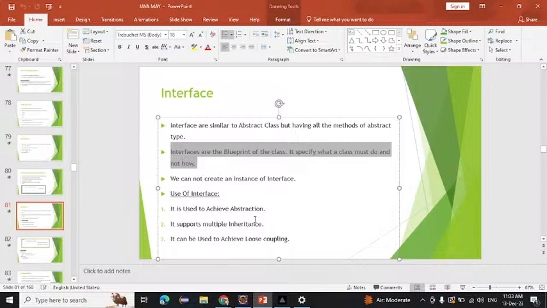Okay. After that, what is the use of the interface? With the help of interface, we can achieve abstraction. That is our first use. Why are we using the interface? To achieve abstraction. Another use is